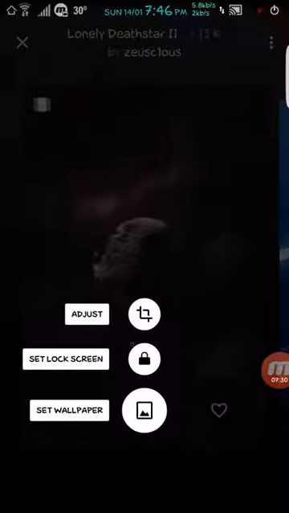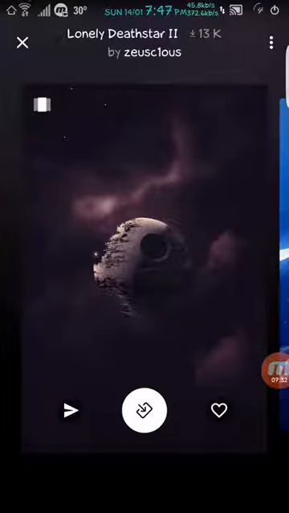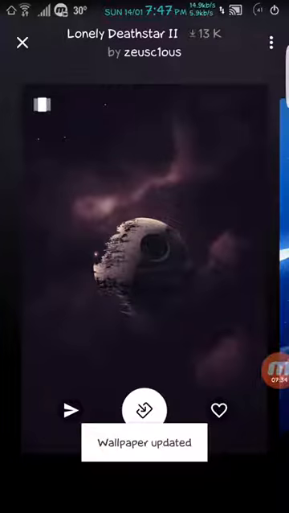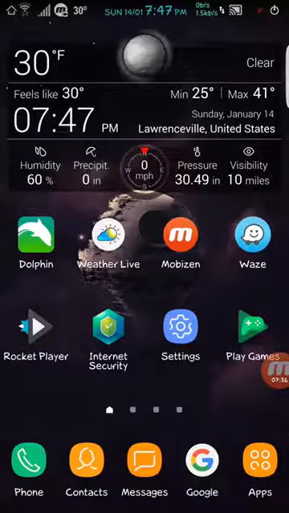Dead Star. See, you want to set this as a wallpaper, and it's okay. And you go here and you set it up. See this right here, you press here and it cuts off your